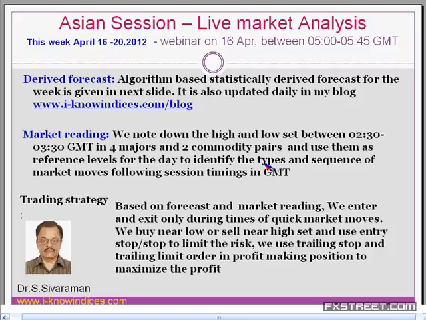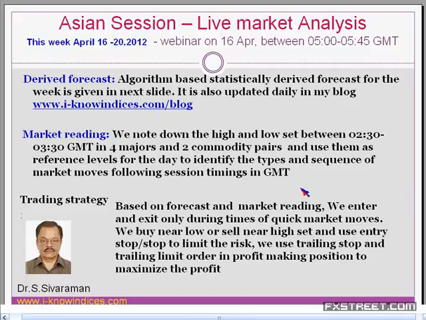What are the types of moves they do during the session start time? They make either the false move or the stop-ins, and as the session proceeds, you come across the swings, and finally either they breach the initial high or breach the initial low and try to make the extended move on the upside or the downside for 2 hours. In case they continue the move beyond 2 hours, we identify that it is an intentional move, then wait for the second session to get over.